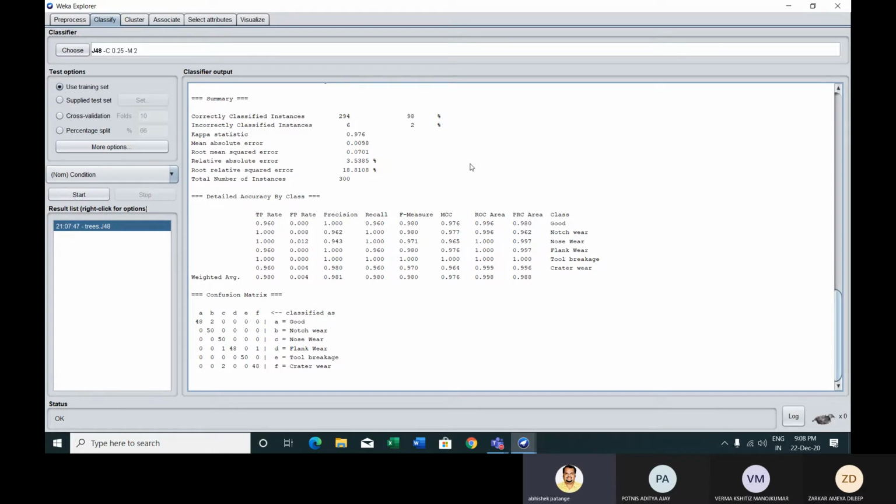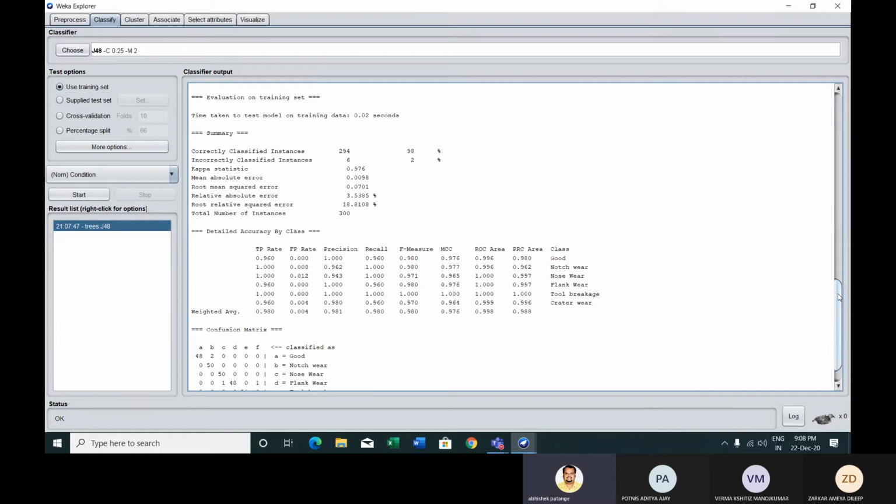Isn't it? Why is it so? Okay. What do you understand by this test mode? When we have selected use training set, that means what? Sir, it means a part of the data has been considered as the training set and the remaining as the test set, and we have trained the model on this training set.